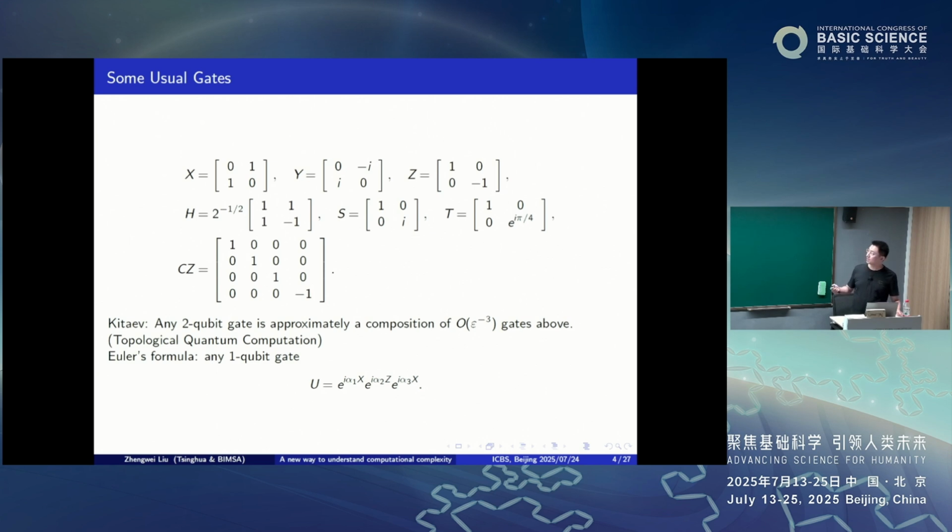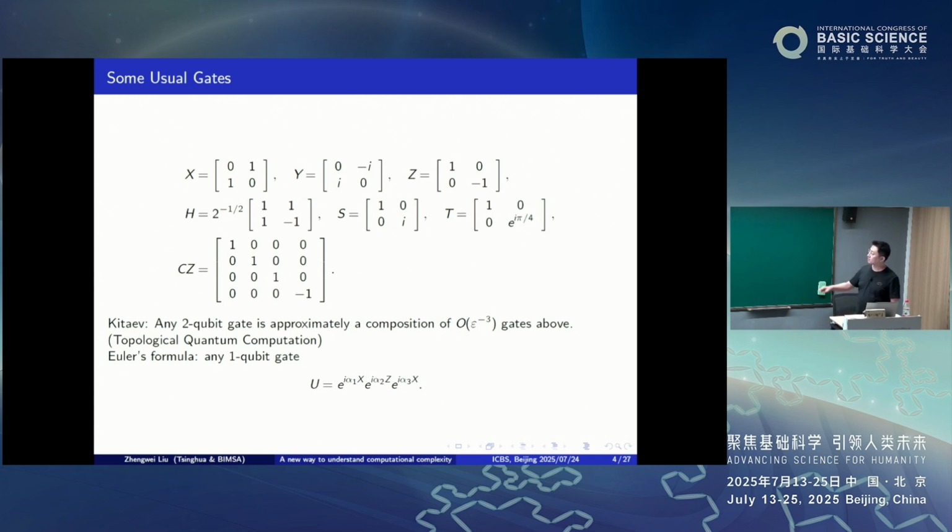And there are some useful single-qubit gates, we can say Pauli X, Y, Z. Pauli X is the quantum version of the bit flip. And we also have the phase flip, that's Z, and the multiplication is Pauli Y. So here there are some elementary gates like Pauli X, Y, Z, and the Hadamard gate changes the basis from X basis to Z basis, and a special phase gate is the S gate, and another T gate with a finer angle, like T squared is S, S squared is Z, and the two-qubit gate controlled-Z.